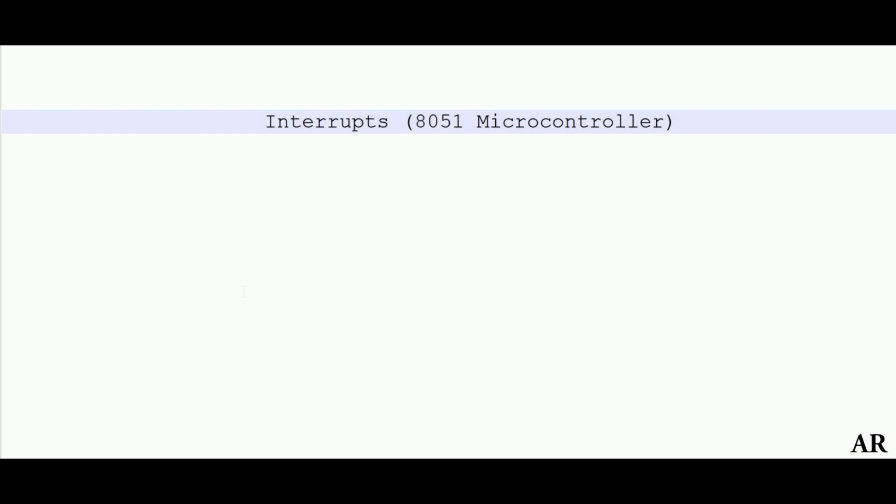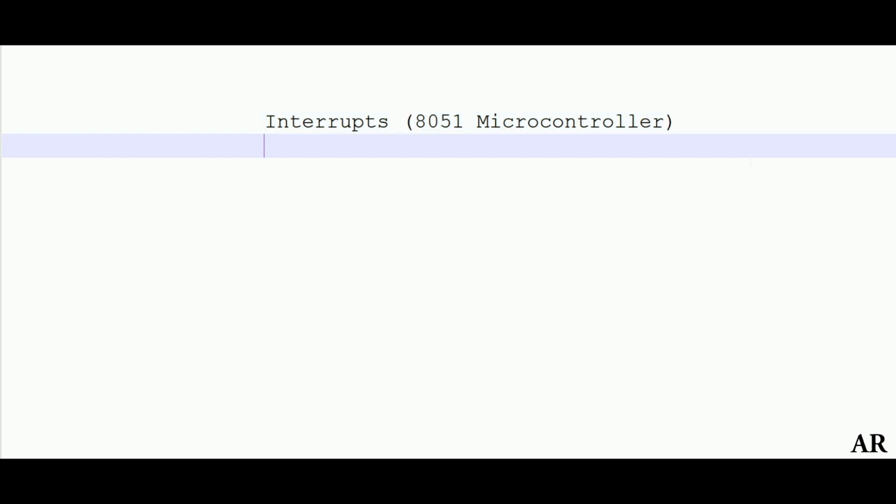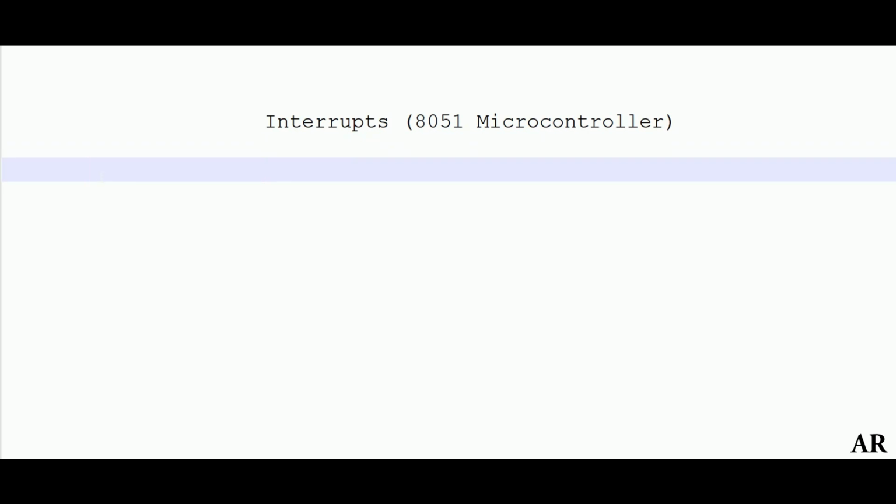Now to understand this topic of interrupts, we should be clear what an interrupt is and what the significance of an interrupt is. All these topics we have covered with respect to your 8086 microprocessor, so you can refer to that video. I'll just explain what the various interrupts related to your 8051 microcontroller are, because I don't want to make this video quite lengthy by discussing the significance of interrupts. So please refer to that video.